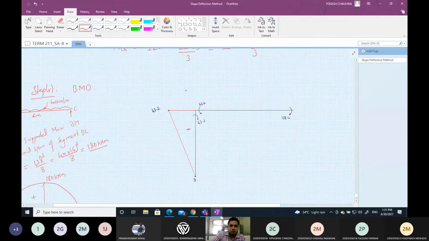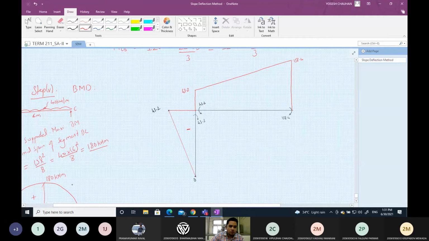This is also causing a hogging moment, so here also this will be 43.2, and here this will be 158.4. Just join this linearly